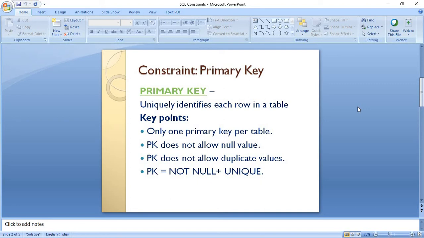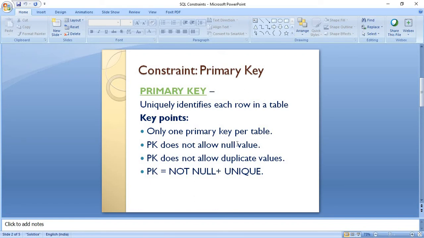The key points of the primary key: we can have only one primary key in a table, so we cannot create multiple primary keys in a table. However, we can create a primary key on a single column or on multiple columns. When we create a primary key on multiple columns, that concept is known as a composite key.